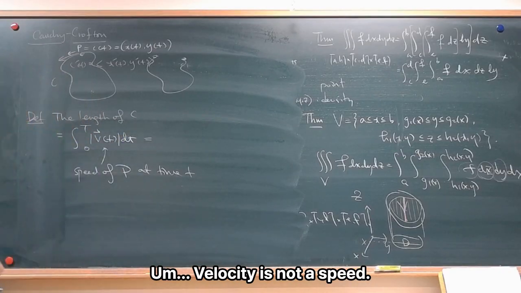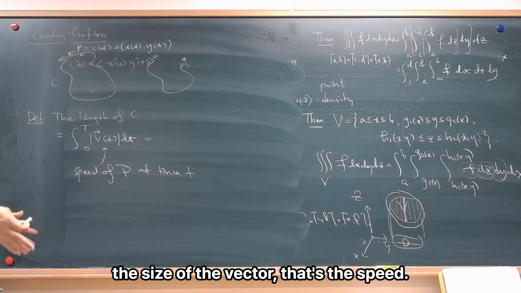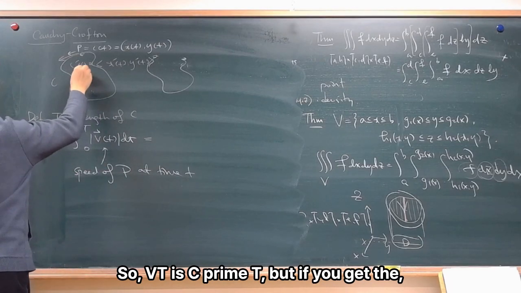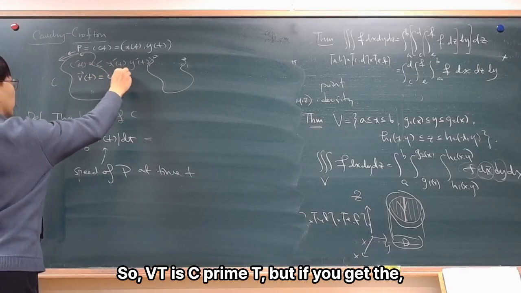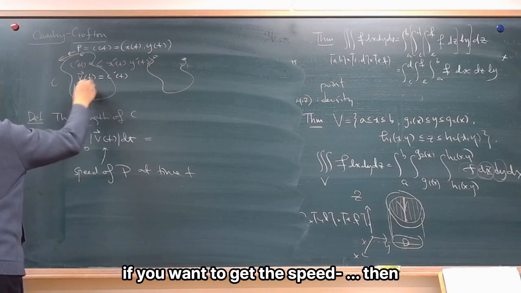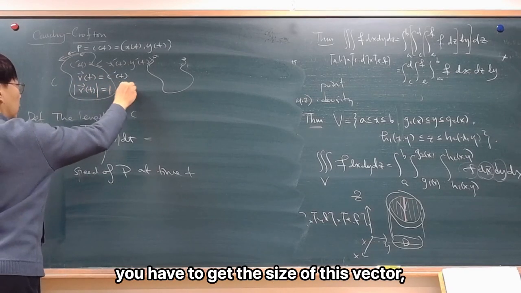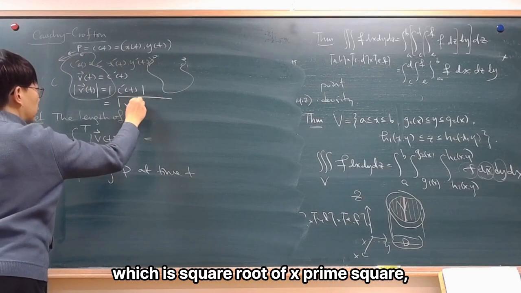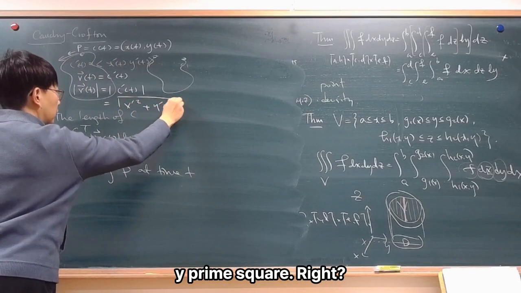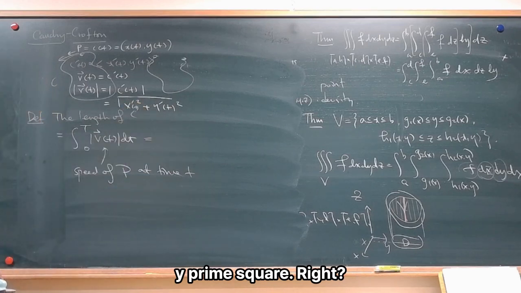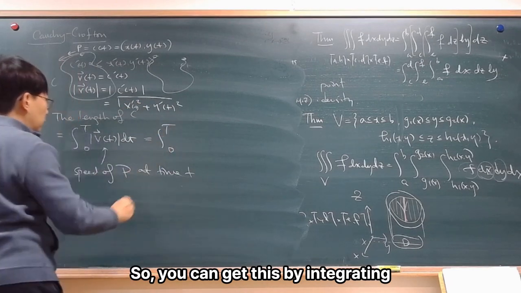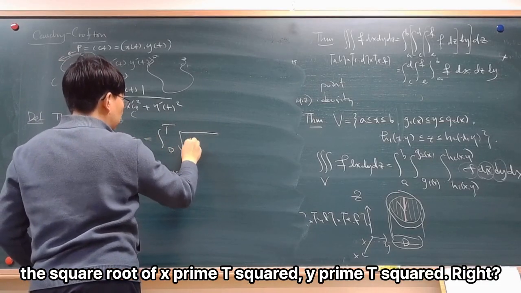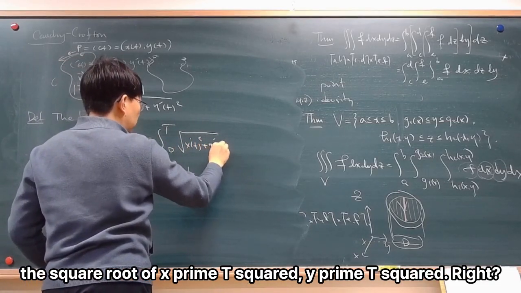Velocity is not a speed. If you get the norm, the size of the vector, that's the speed. So v(t) is c'(t), but if you want to get the speed, then you have to get the size of this vector, which is the square root of x'² plus y'², right? So you can get this by integrating, once you know the parametric function, the square root of x'(t) squared plus y'(t) squared,